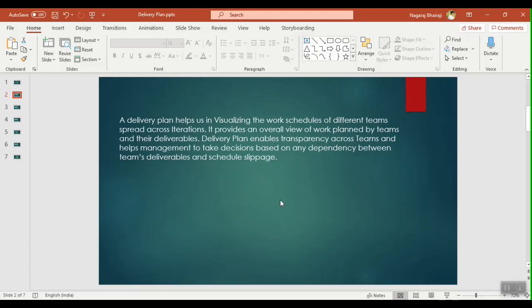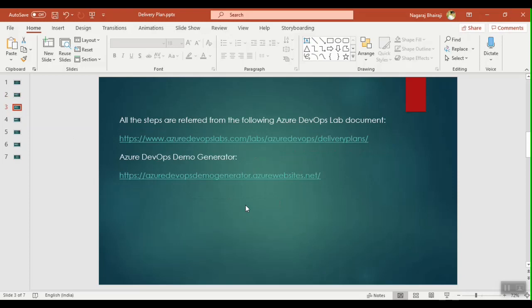So let us look into what is delivery plan, how to configure it, and how to use it and make decisions. All the steps for this demo are referred from the Azure DevOps lab documentation, and the project we are going to create with predefined work items and all the stuff will be done using Azure DevOps demo generator.